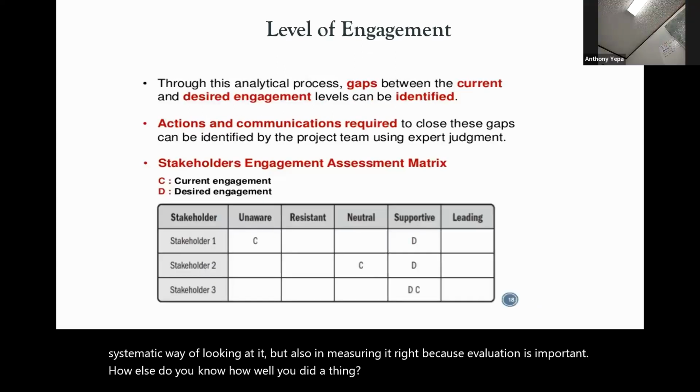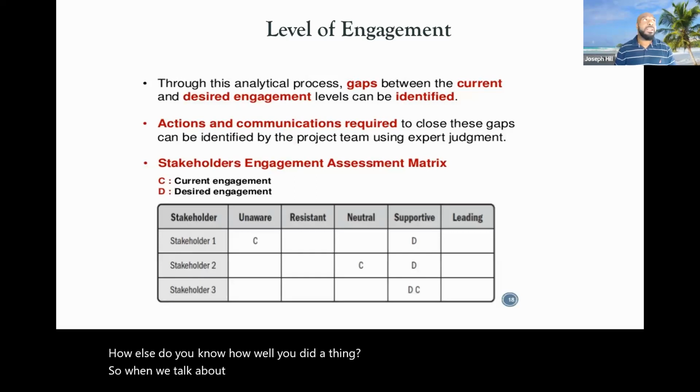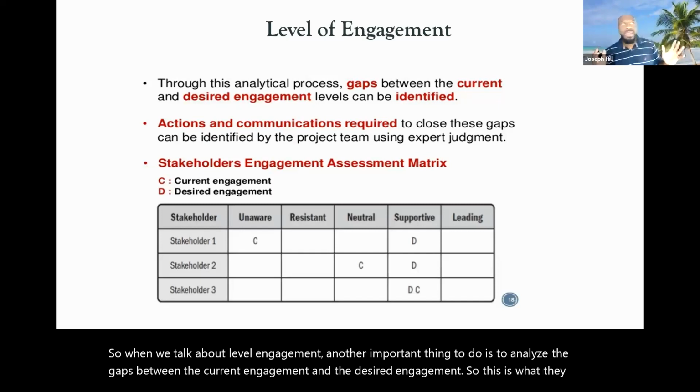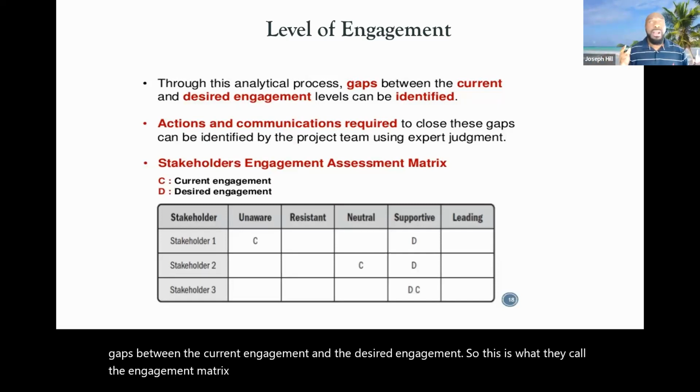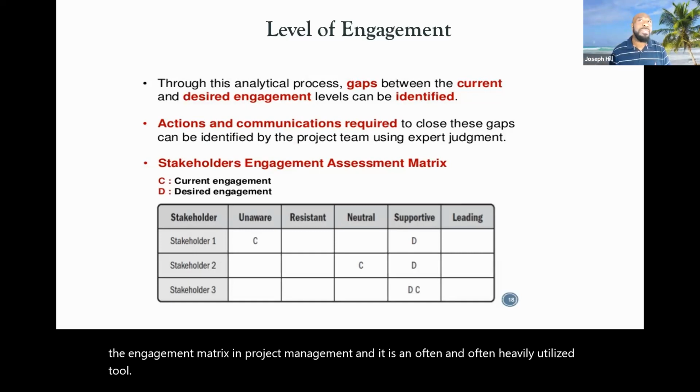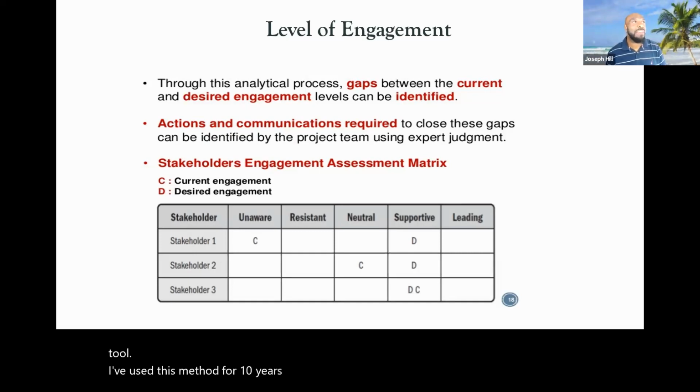So when we talk about level of engagement, another important thing to do is to analyze the gaps between the current engagement and the desired engagement. This is what they call the engagement matrix in project management, and it is an often heavily utilized tool. I've used this method for 10 years, and let me tell you, it has been a game changer for me,